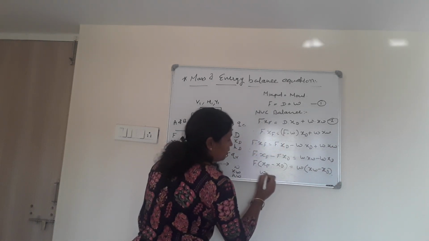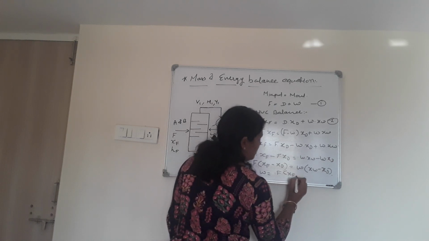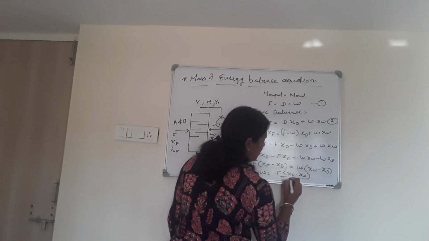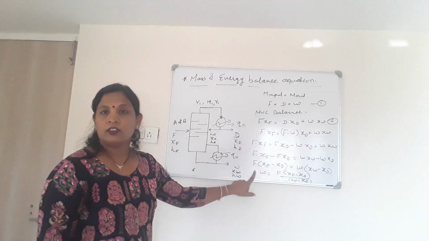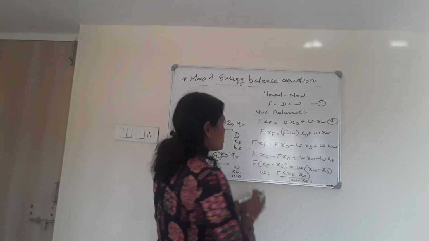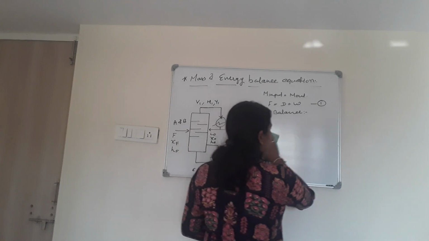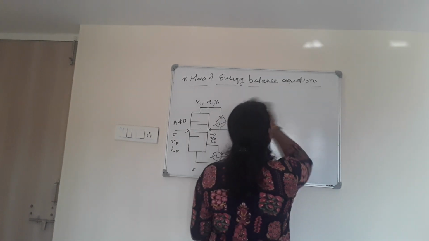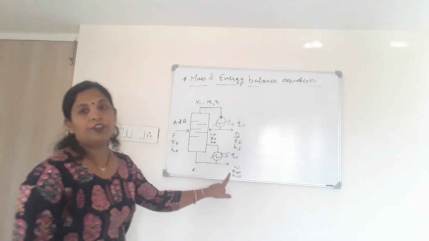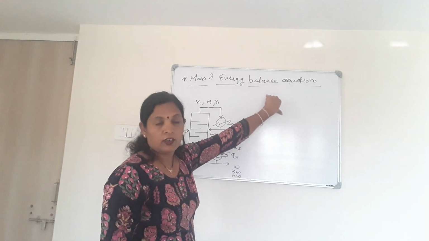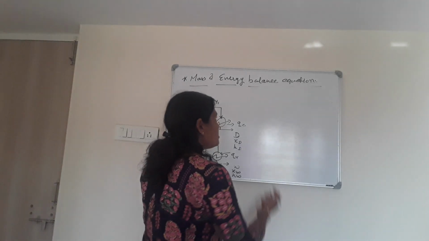So for finding the value of W, it becomes F into XF minus XD upon XW minus XD. So using this equation, we can find the value of W in this distillation column. So if we know the value of F and other values like XF, XD and XW, we can have the overall material balance, and using that we can find the values of D and W. Now we can also take the energy balance equation.